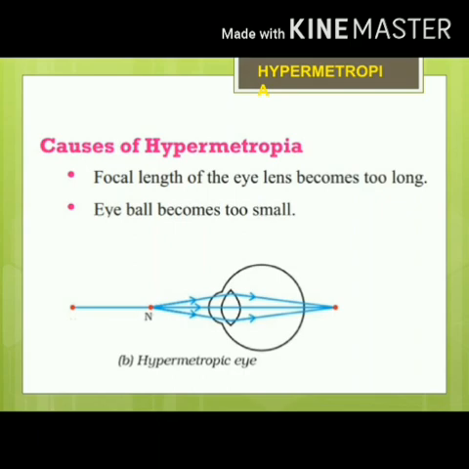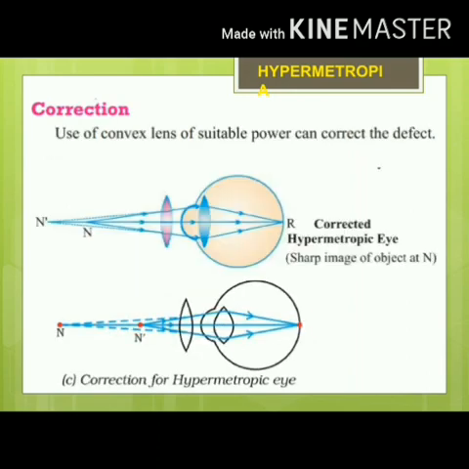formed at the behind. Here you need to remember that all the incoming rays from the object will be divergent rays. For the myopia, it was parallel rays as the object was at infinity, and here the nearby objects are causing the problem. So here we have to draw the divergent rays very carefully. Remember that, don't be confused. For the myopia, parallel rays, and for the hypermetropia, divergent rays.